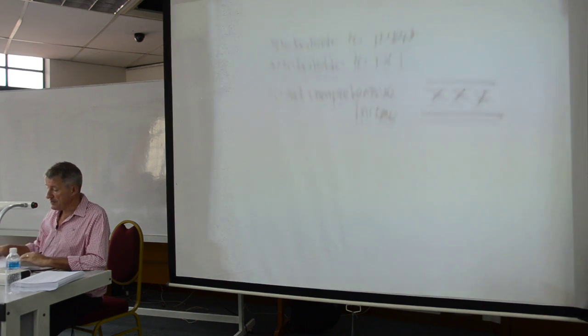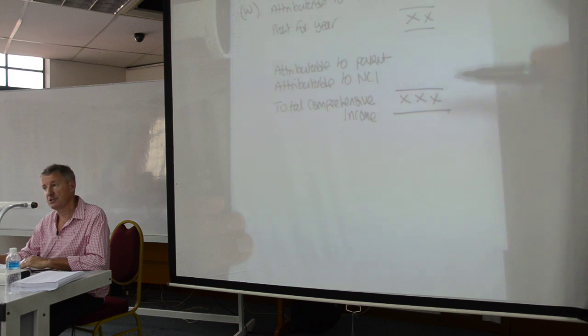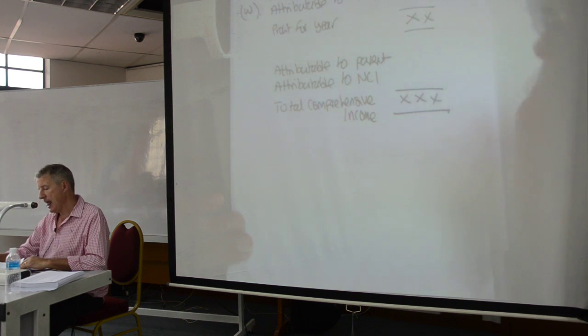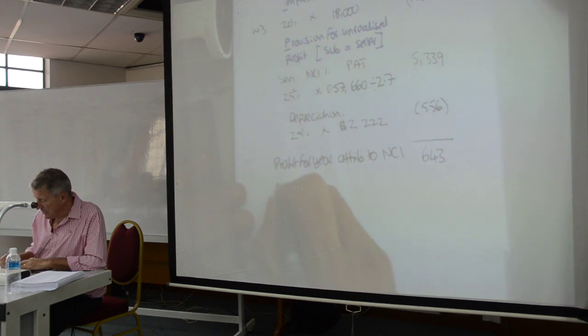If the profit for the year is attributable to the NCI, that will form part of the total comprehensive income. So that is the profit attributable to the NCI. I now need to add on the other comprehensive income attributable to the NCI. So I need to have the other comprehensive income